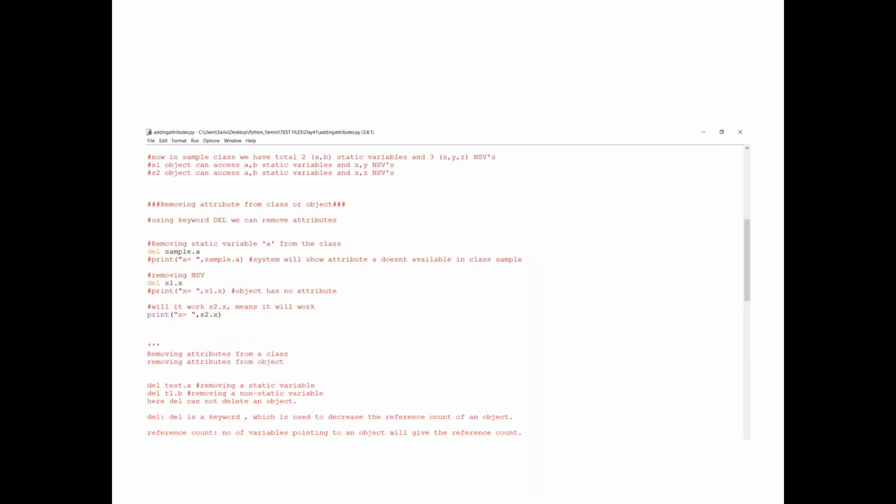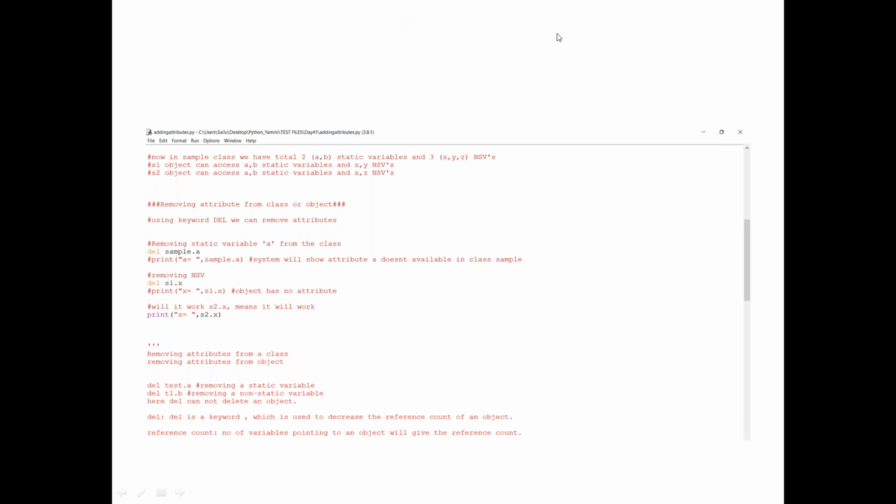Yes, sir. So now we need to understand reference count. I used to tell you x equal to 10, y equal to 10, and z equal to 10. I'm talking about the day 2 or day 3 class, almost 30 or 40 days before. That means the address of 10 is unique and is referred to by 3 different variables.